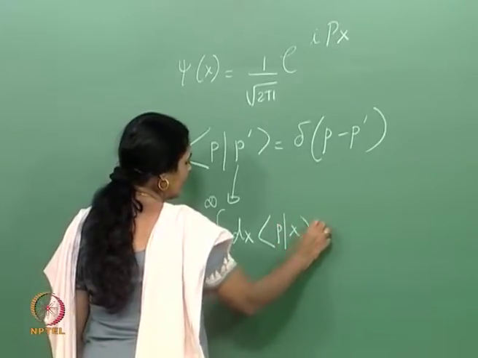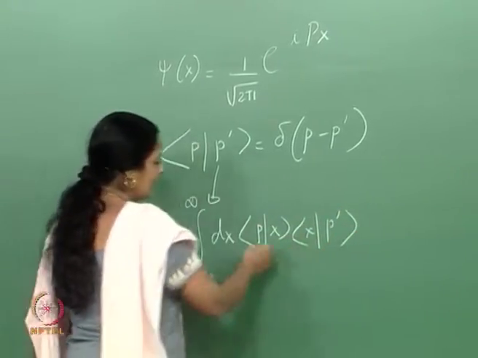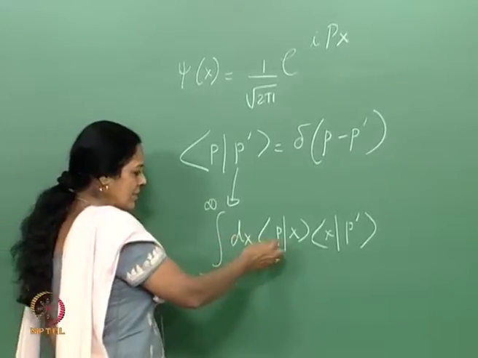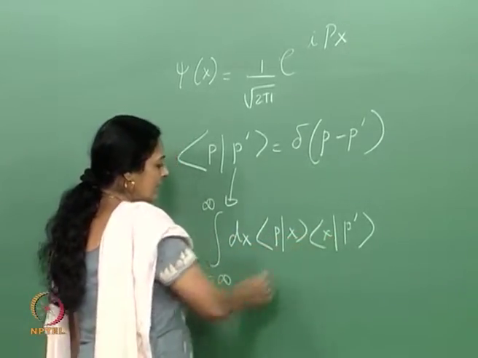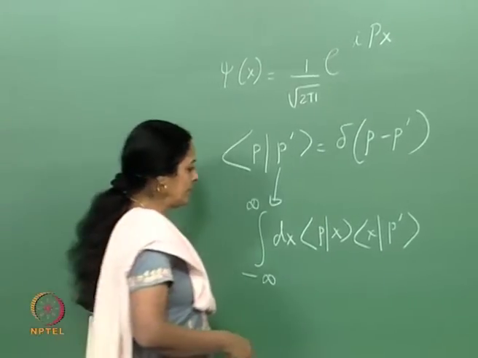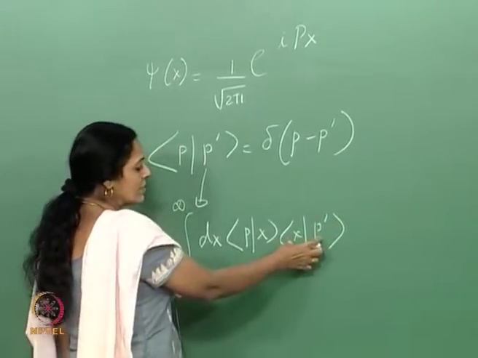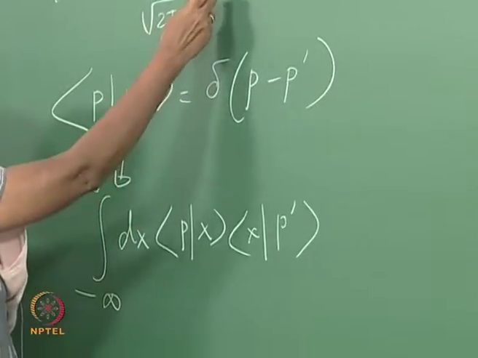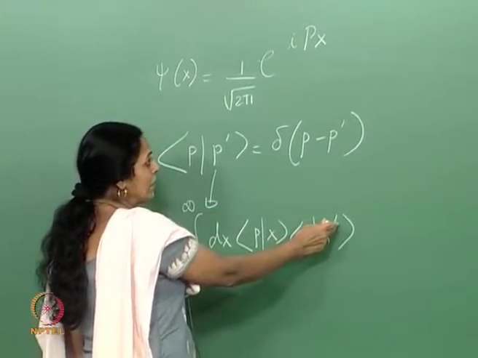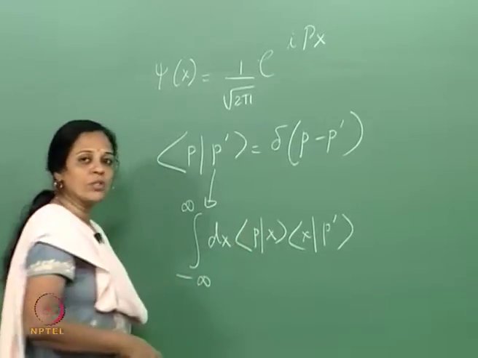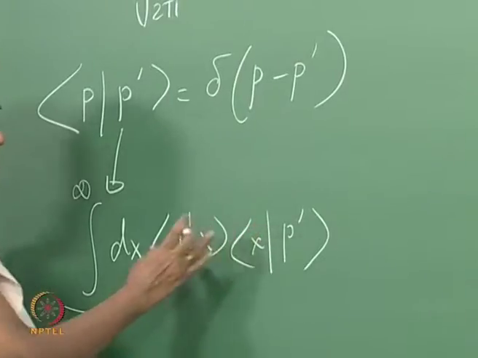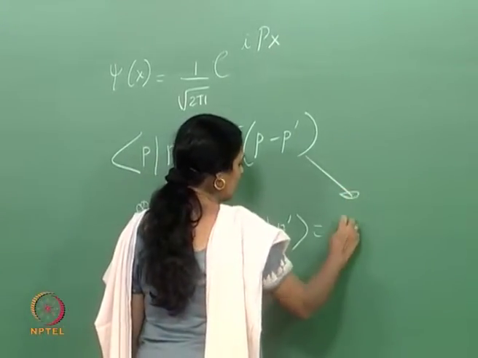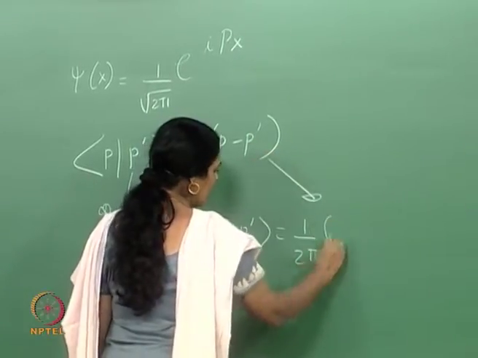I can put in a complete set of states like this, because an integral over the allowed space dx ket x bra x is identity, and that is what I have sandwiched here. And I know that this is the wave function. So this would have an e to the i p prime x, and this would have an e to the minus i p x. I have written it in the x representation, but I can use a form of the delta function. This can be written